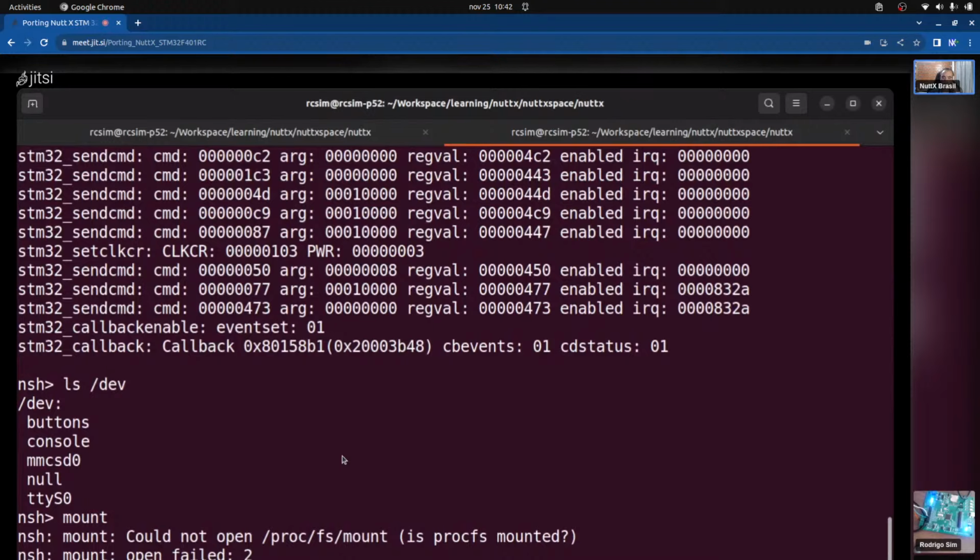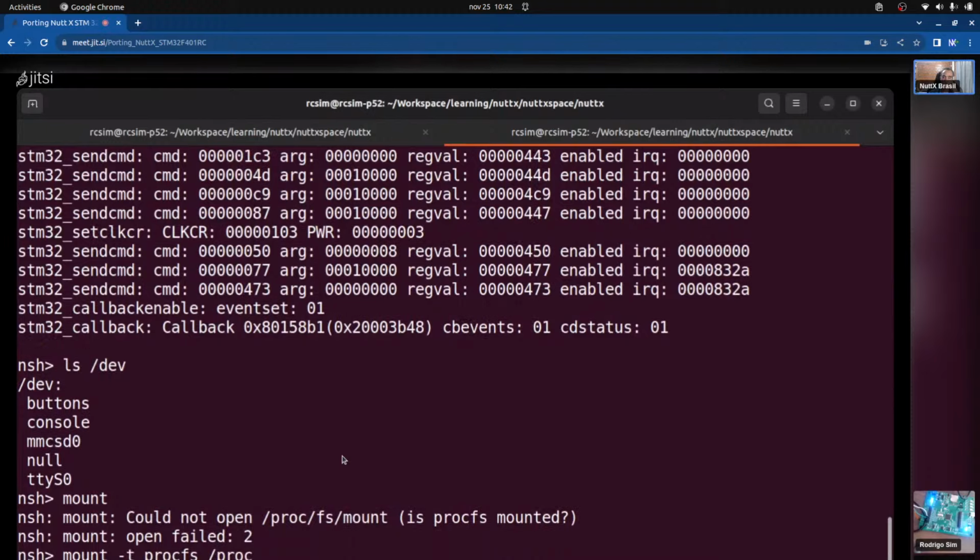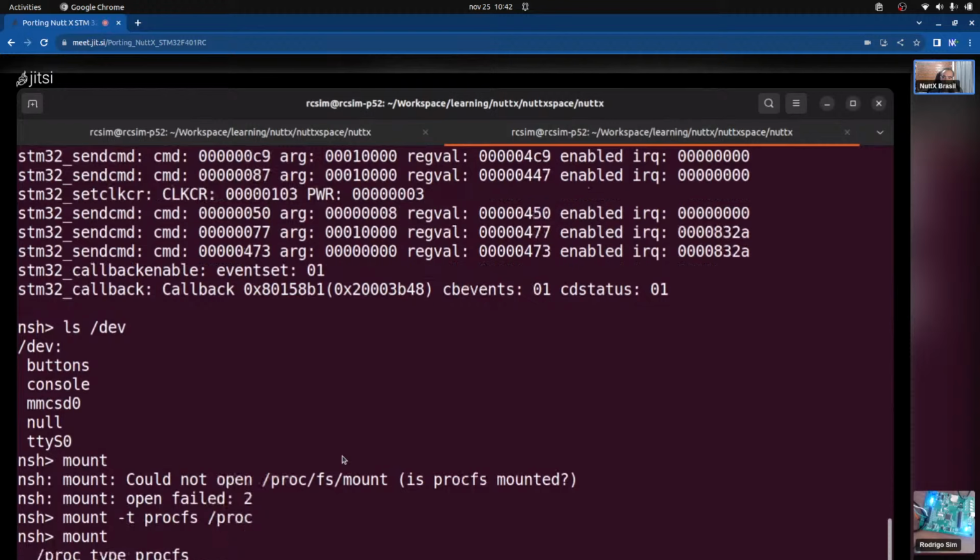Yeah. Okay. Now type mount again. Okay. So now we will try to mount the SD card. For that we use mount dash t vfat space slash dev